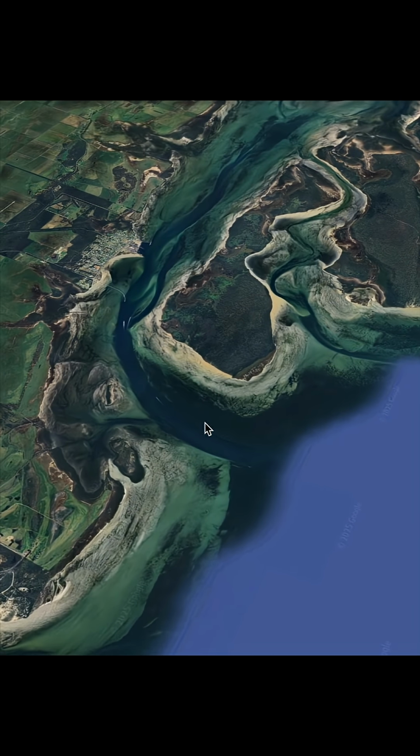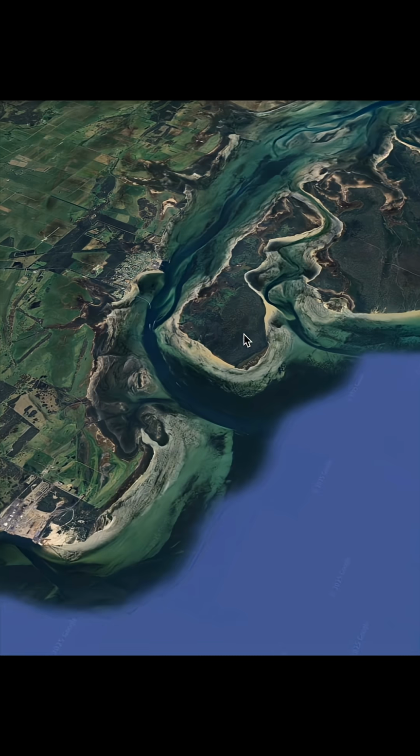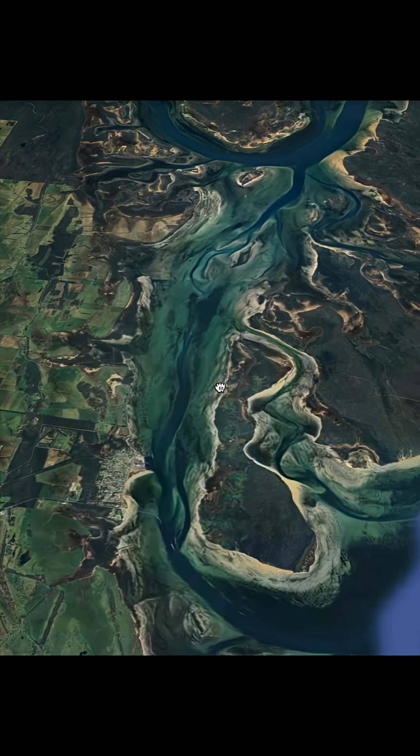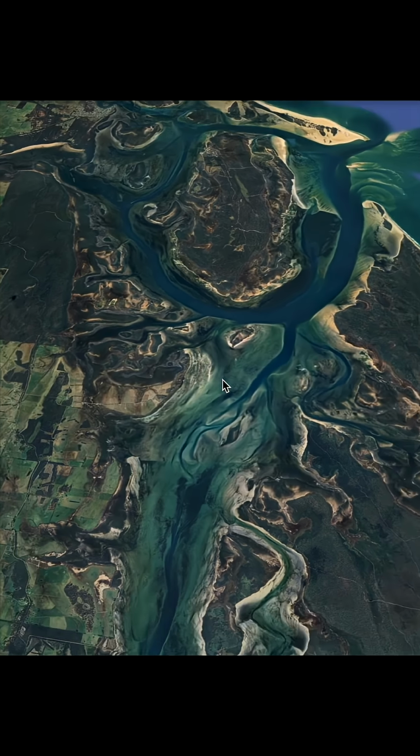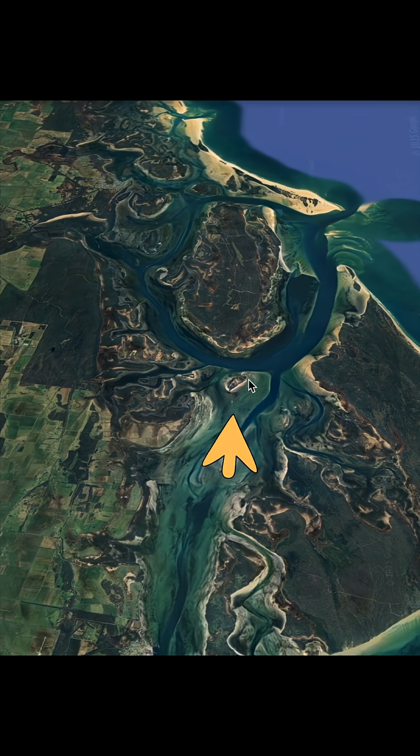Now let's backtrack a tad and start right here, and we can see how this is also a streamlined feature. You got an ocean current flowing around it this way and also this way. And we can follow that channel until we run into our streamlined feature and see how water flowed around it